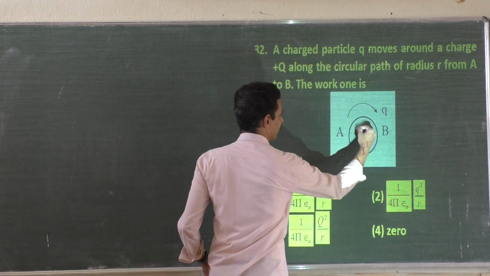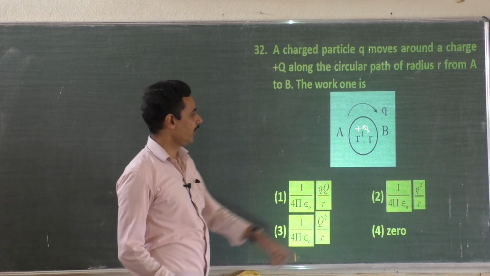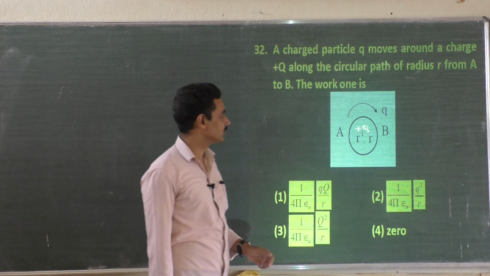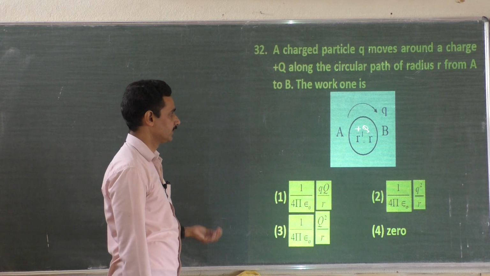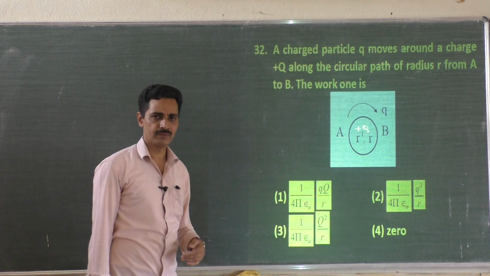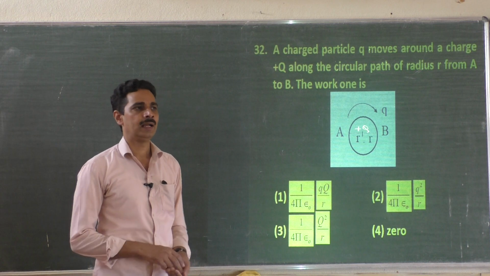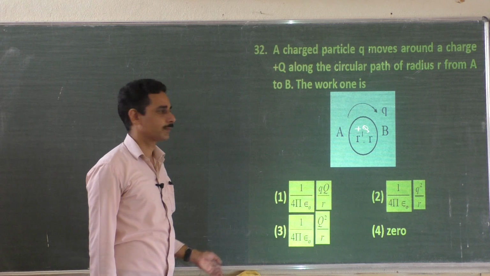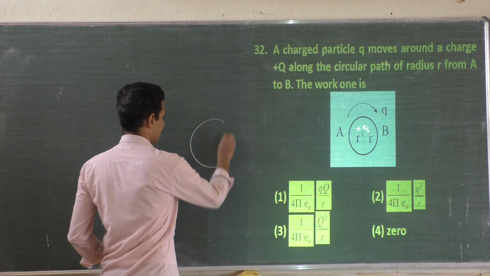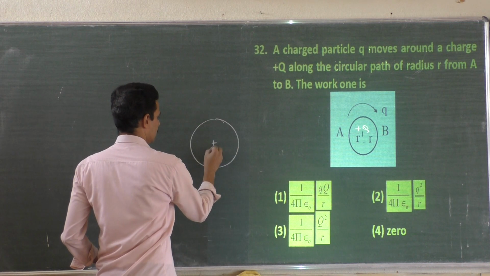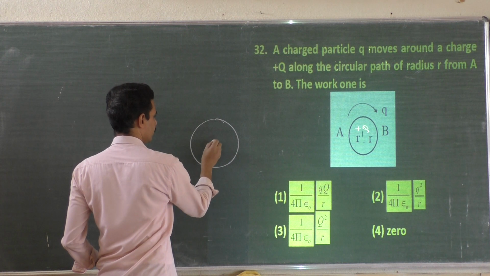So plus q I will write. A charged particle small q moves around the charge plus q along the circular path of radius r from A to B. What is the work done? You know, work done is always equal to force into displacement, and moreover work done in a circular path is 0, because when you move around a charged particle like this plus q, the force of repulsion